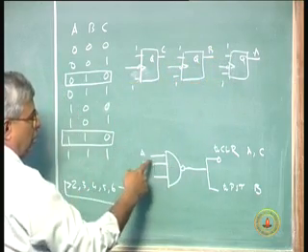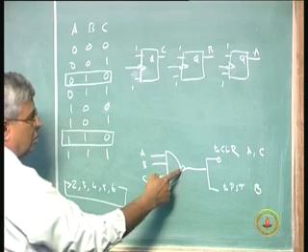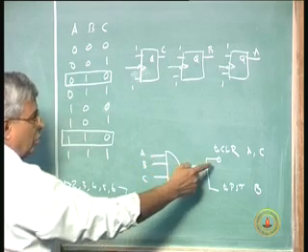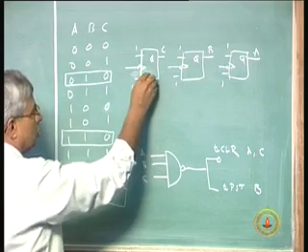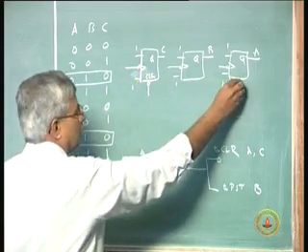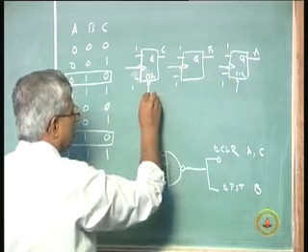Now, A, B, C, when it reaches 0, 1, 1, 1, this becomes 0, you connect this to the clear of clear, that means